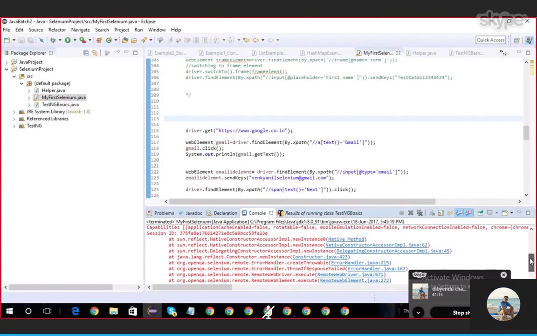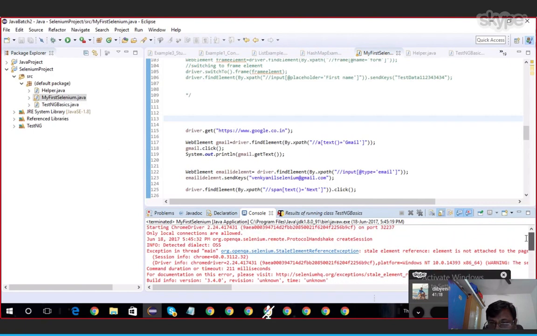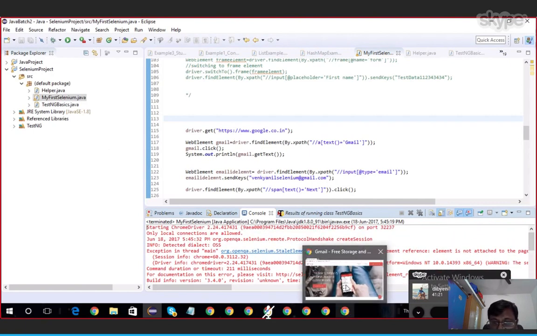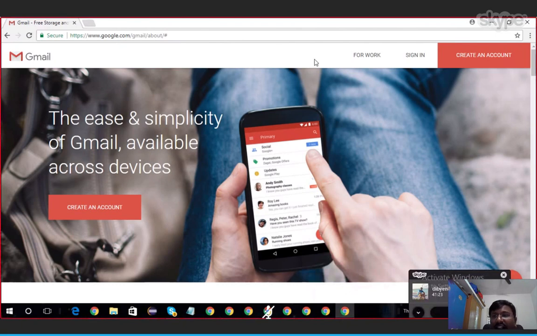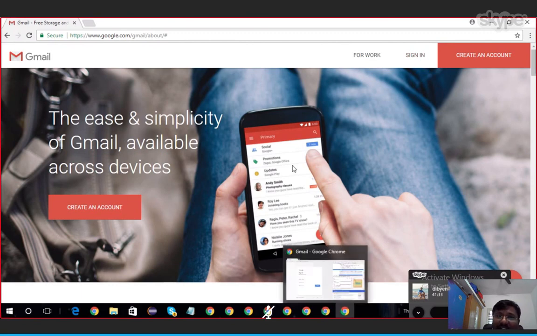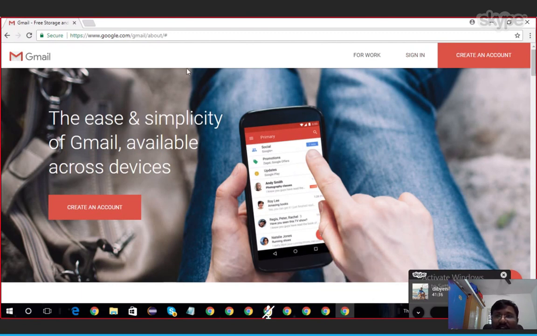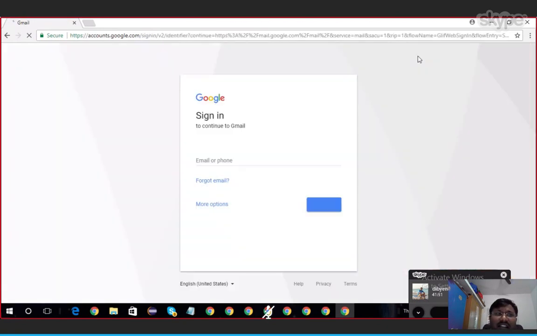Okay. Here, see guys, we wrote the code for after click on Gmail, right? After click on Gmail, we are getting some advertisement page, right? On that we have to click on sign in. But some time back, when we click on Gmail, immediately we are getting Gmail login page. Now, after click on Gmail, it is coming to some advertisement page, and then if you click on sign in, then only it is coming into Gmail login page. Got it?